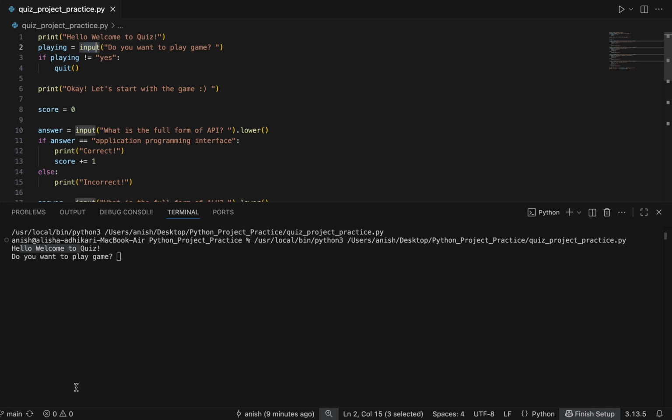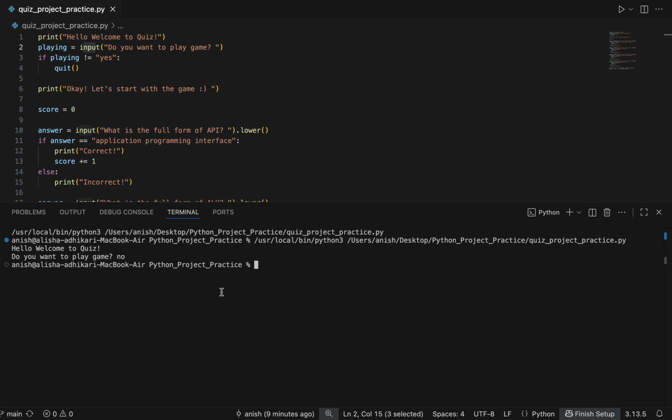If I enter no, the program quits because I have used an if statement. The if statement says if player is not equal to yes, then terminate the program. I have entered no, so